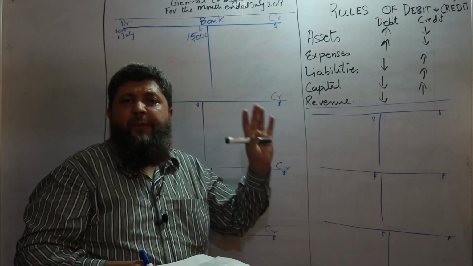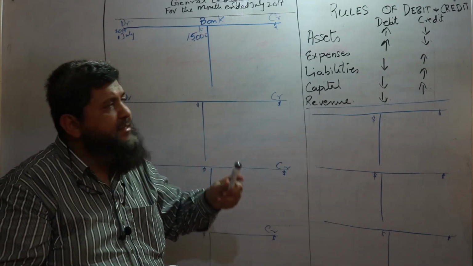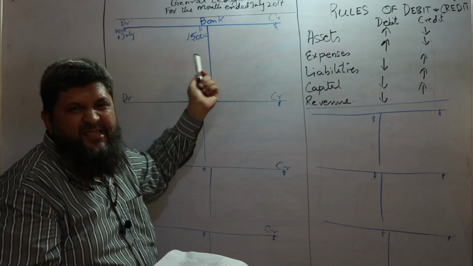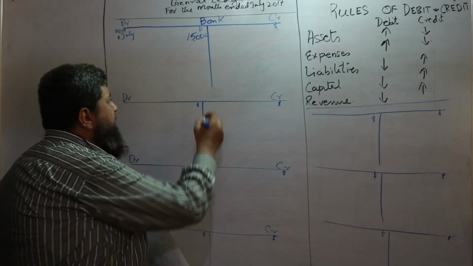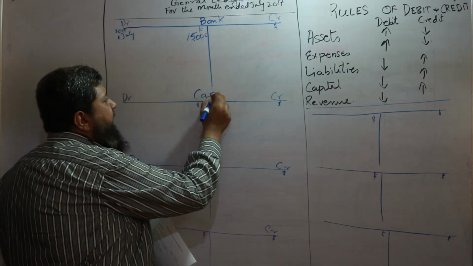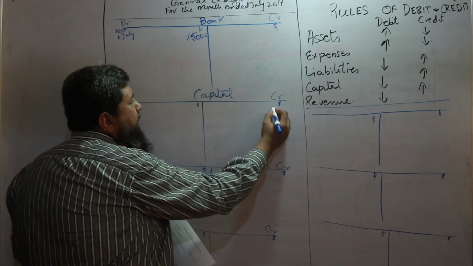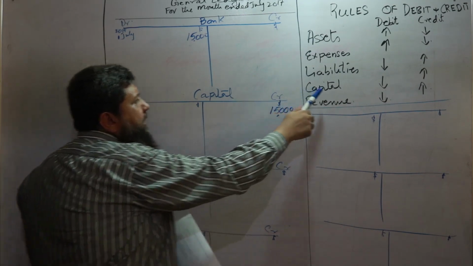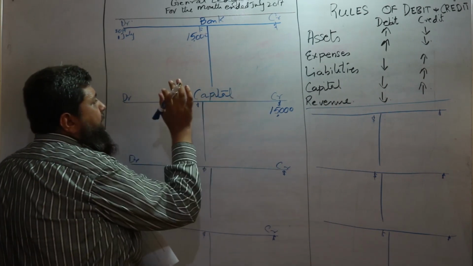You are preparing the accounts of the business of F. Murray. So in the business of F. Murray, his business bank balance is increasing along with the capital. So we will give the title capital to this T account, and we will write on the credit side, because liability capital is increasing, it should be on the credit side. This is the credit side of the capital.